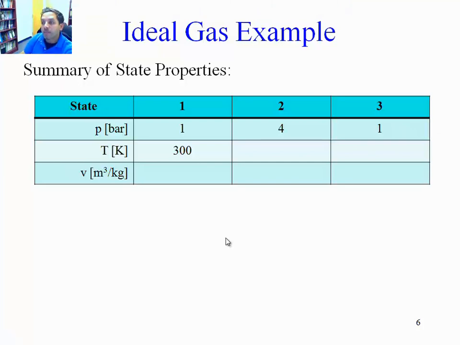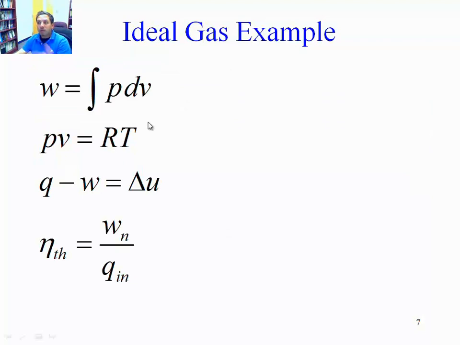All right, so what do we do with these? We have certain equations that we are allowed to use, certain tools that we can use in order to calculate what we need. We know that work is equal to the integral of PdV. We know that if there's no volume change, there's no work. We know that if the pressure is constant, we can take this out of the integral, so it will be P times the change in volume.